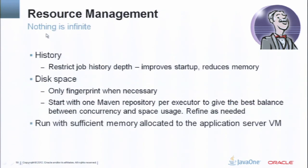Okay. So resource management. This is a lot of the stuff we learned from Eclipse. So I'll let Hudson quickly. Oh, yeah. I always call Winston Hudson. It's terrible. Yeah. Just before going into this, I wanted to talk about...